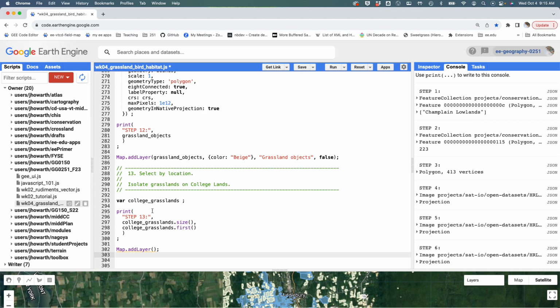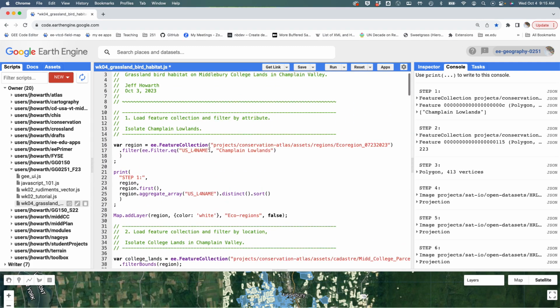I made this container to store the result called college grasslands. And the basic idea is that this result is going to be equal to grassland objects, right? This is the thing that we're trying to filter. This is the table that has a lot of rows, and we want to just select the rows that meet our criteria, which is the spatial intersection with this other feature. I might call it a target sometimes in my notes, but this is the college land parcels that we